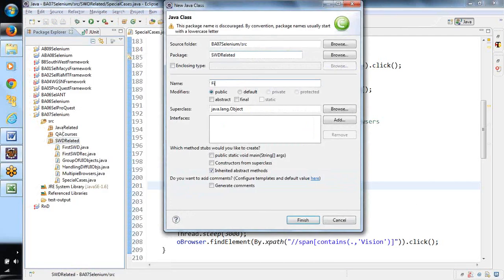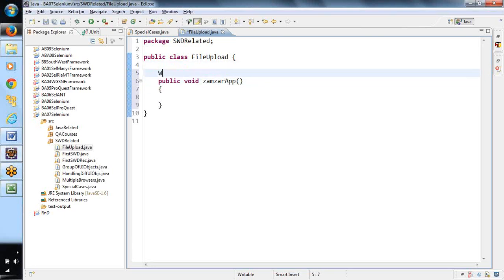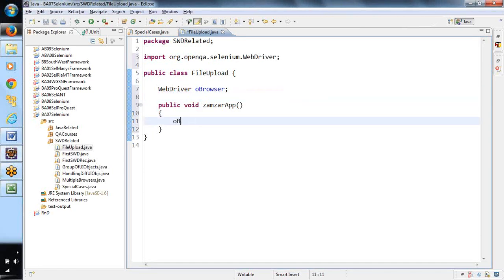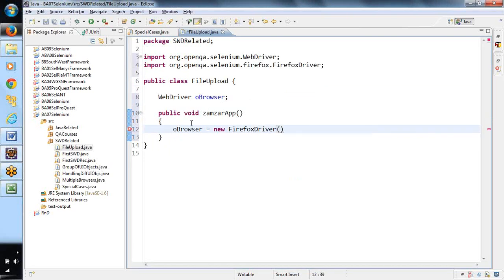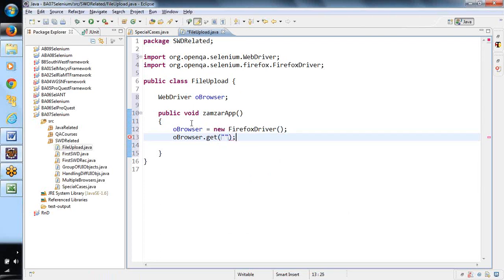First we are opening the Firefox browser, and then we will be opening the URL.